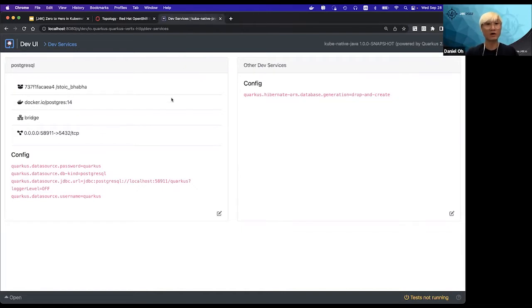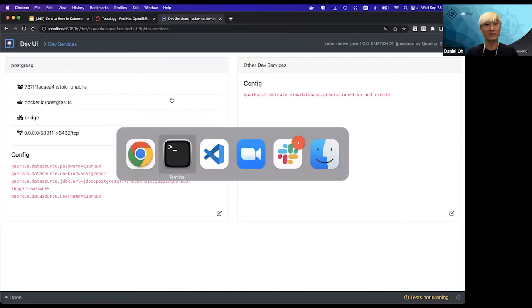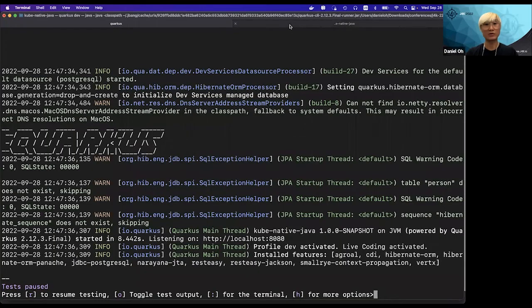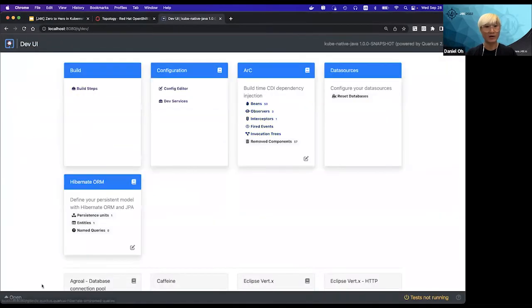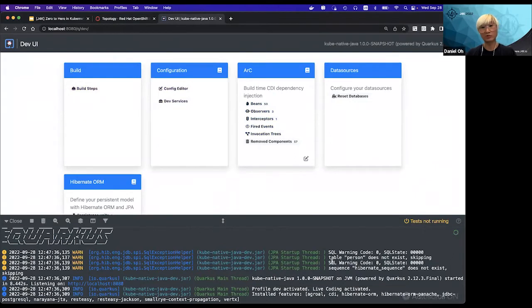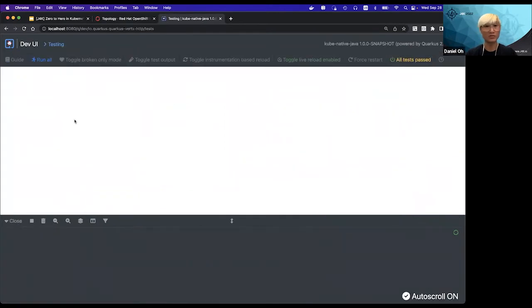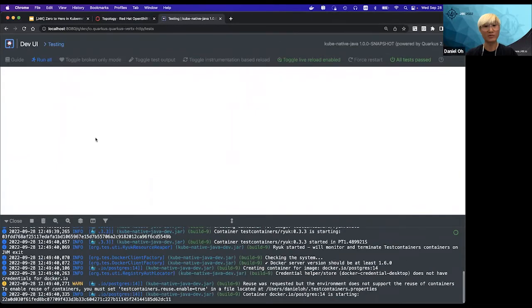Okay, so I'm going to go back to the terminal. Let's try to access some stuff. But for that, I'm going to go back to Dev UI and then open the read-only terminal, which is cool stuff. So if you prefer to use the GUI, you can just stay here. So see the read-only and click on it, it triggers the continuous testing here. So when I go to continuous testing, it automatically starts up the continuous testing feature, which really is a